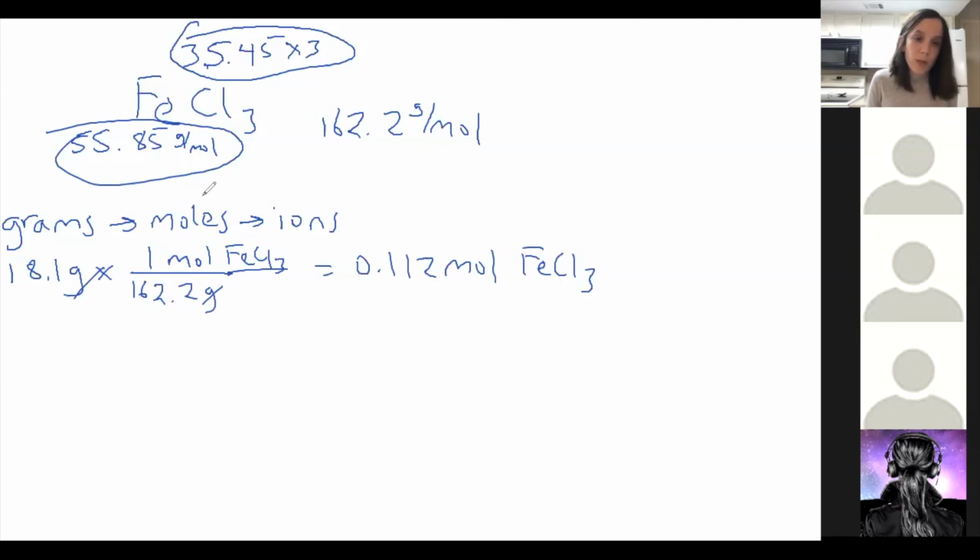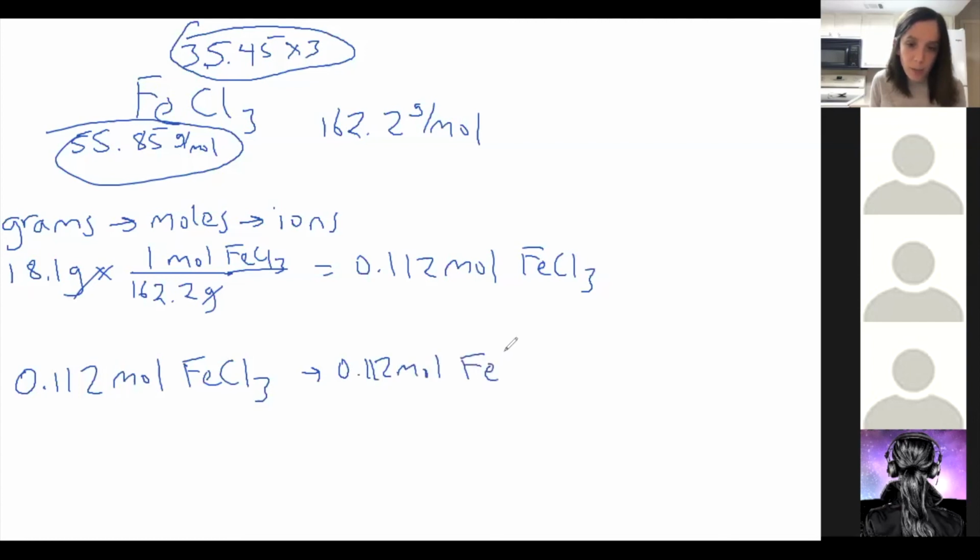So we've gone from grams to moles, now to go from moles to ions. We have 0.112 moles of FeCl3. We can see in this compound that for every 1 mole of FeCl3, we also have 1 mole of Fe3+. So we would also have 0.112 moles of Fe3+, because this will break apart in water and you get Fe3+,